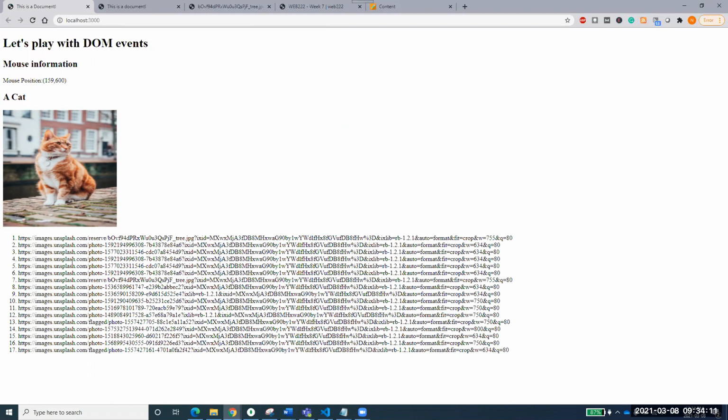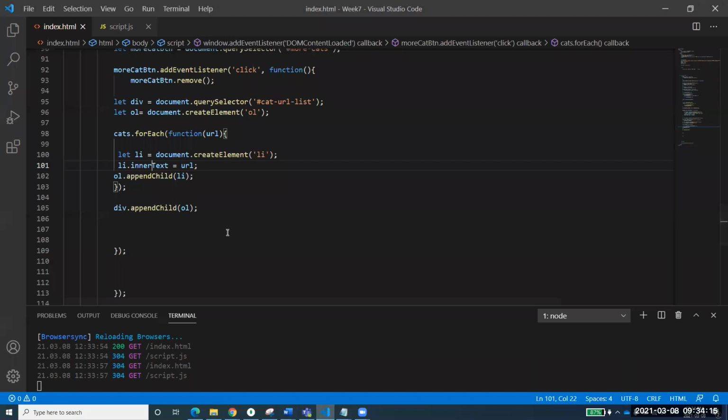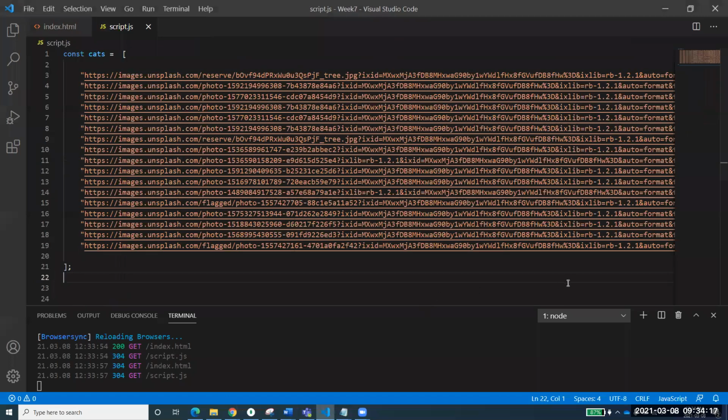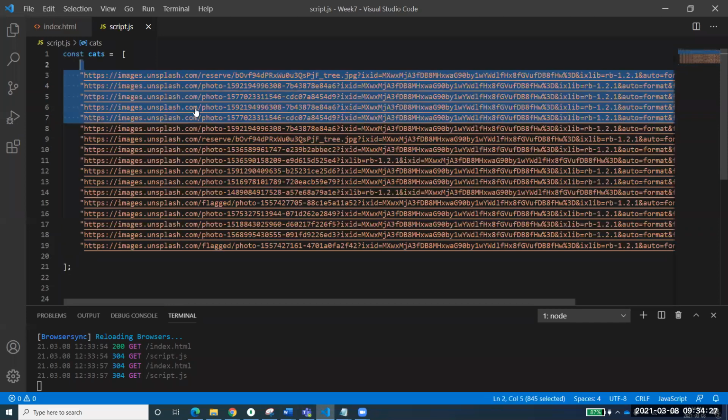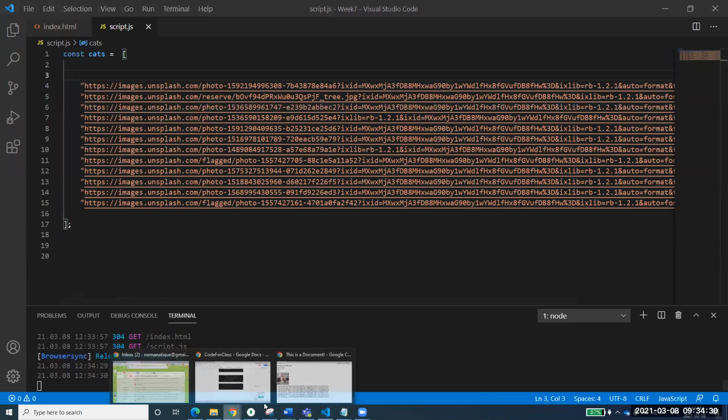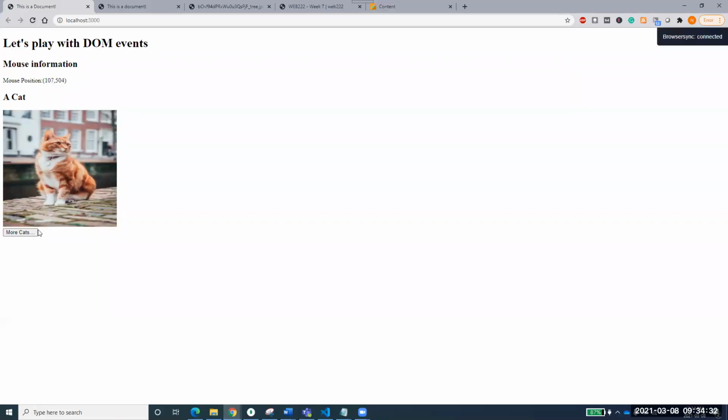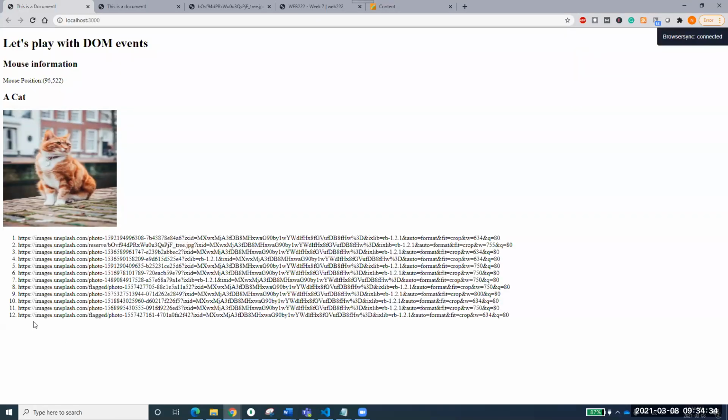So it's basically all these pictures, and that's something I was trying to do in the beginning, because I was just using the wrong one. And if I just take out everything from here to here, cut this one, save this one, and run your file now. So you see now 17, not 17, rather 12 are coming. So all those URLs are coming over here.